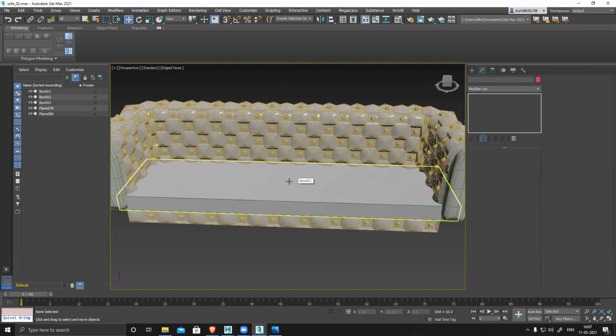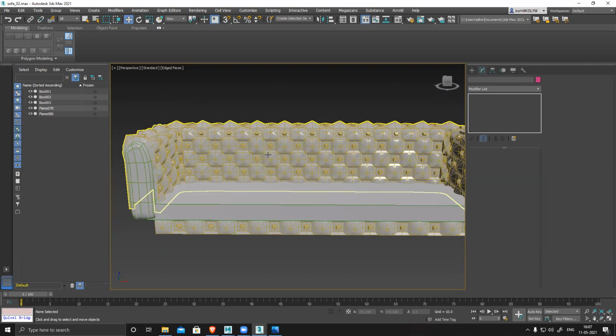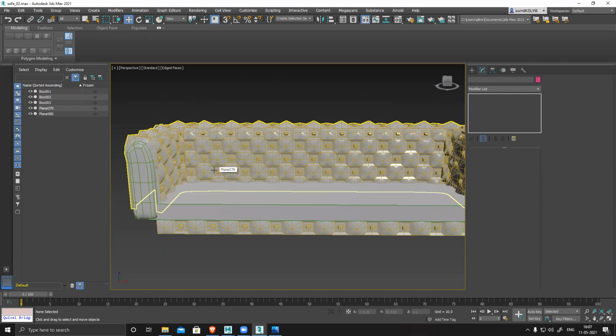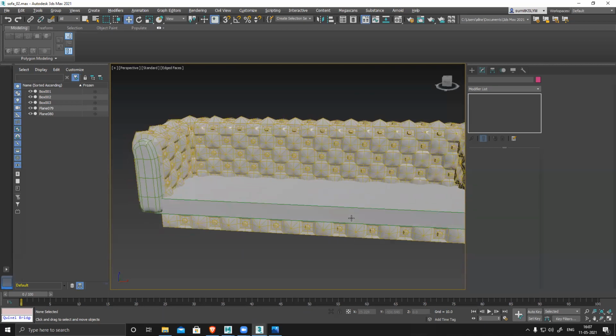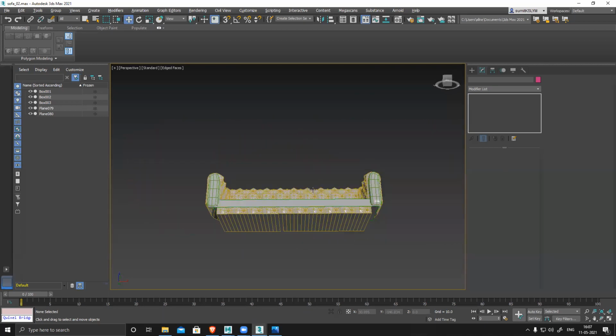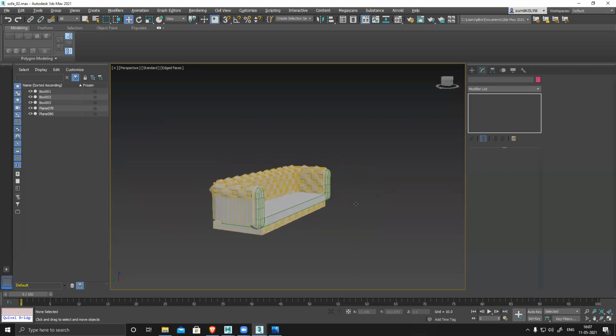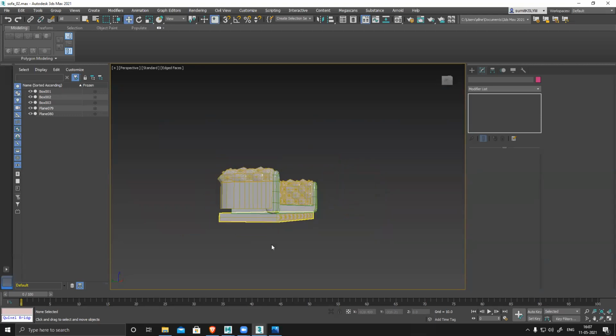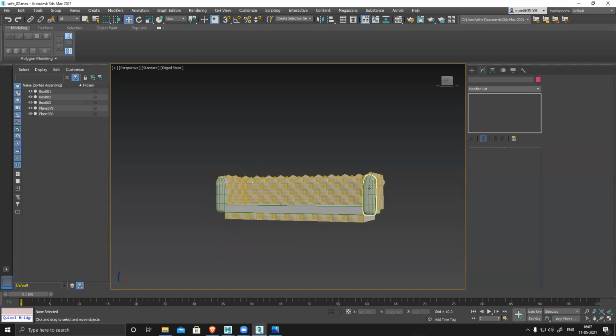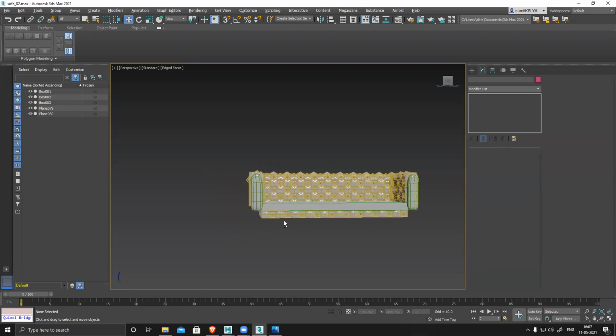I'll also show you another process of how to smooth this and make a really smooth version of this model that looks high poly. So in future it will be very easy for you to create this kind of structure. And we'll start with the curtain. This is almost there. I just have to fill those gaps and the stand and make it a little bit longer and align with this.